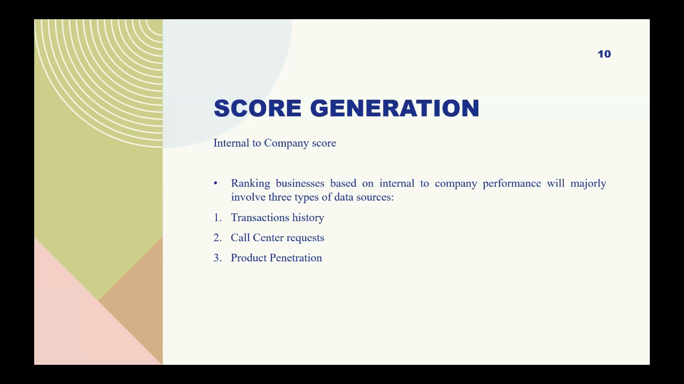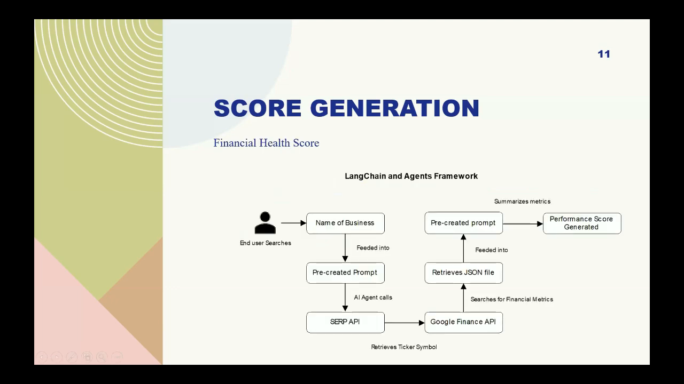And then, of course, the product penetration. So let's say your company has 25 different products. How many of those 25 products has this business already purchased from you? All these three combined together will help us to understand the internal-to-company score. This is where we speak about how do we generate